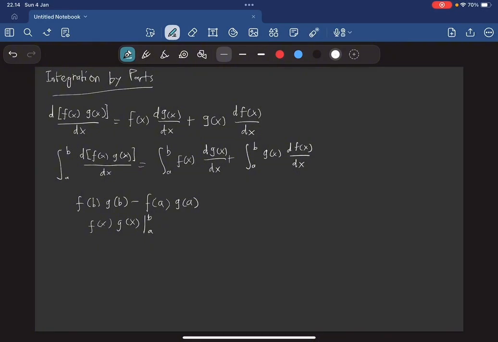Now let's subtract one of the two integrals on the right side and shift it to the left side. So we have